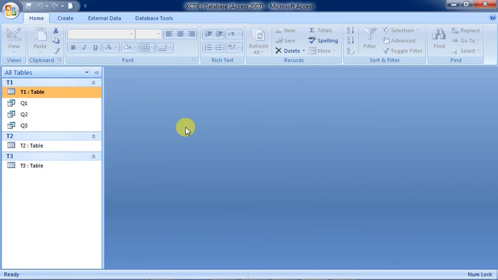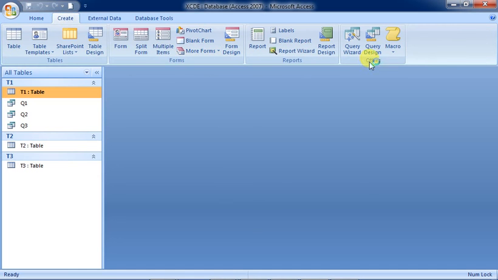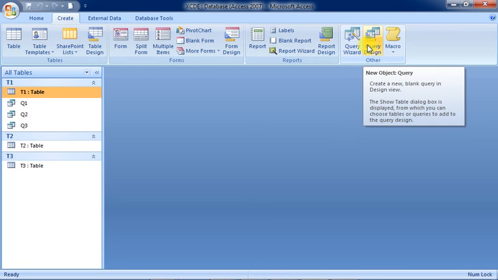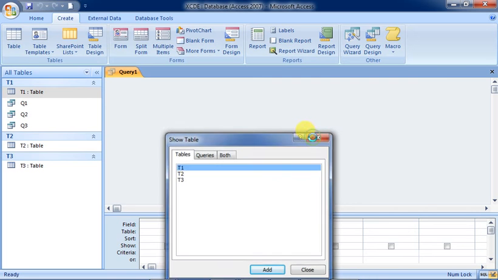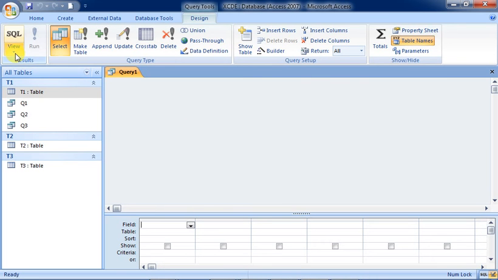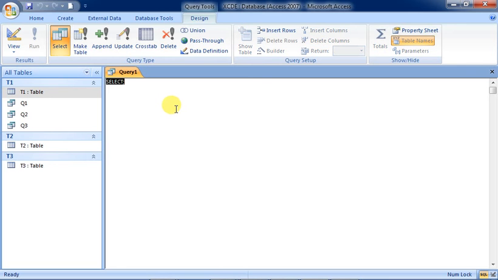Fine. So now let us see what we will do. We will create a table. For that, we will go to the query design. In the query wizard we will just go there and click over here. The SQL viewer will come over here, then you have to go to the SQL view. Here we will give the create table command.